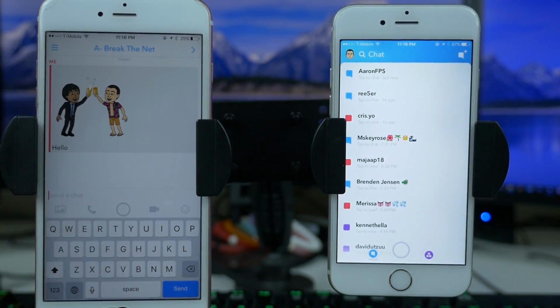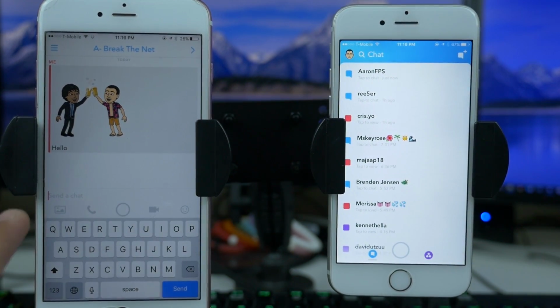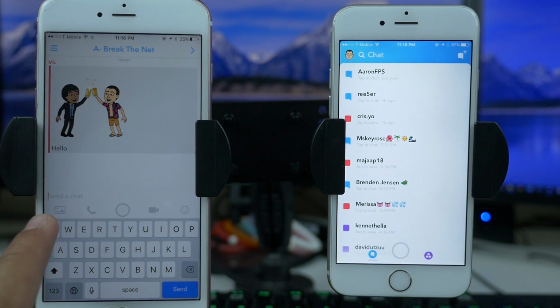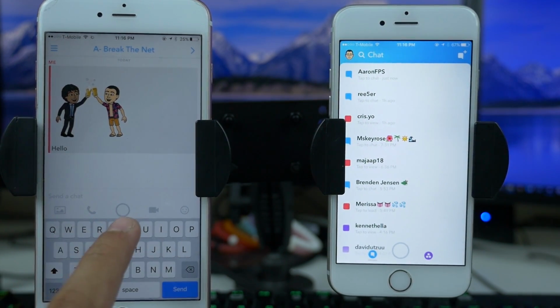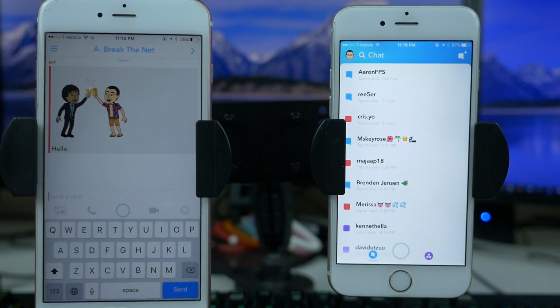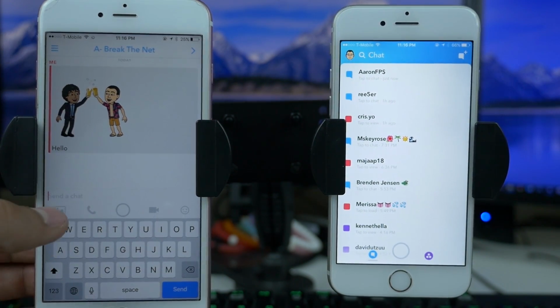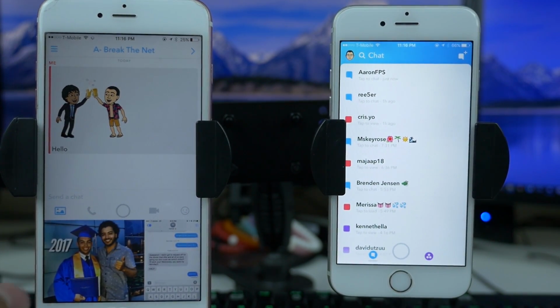So like I said, I can go ahead and send just that regular text, but we have a couple other buttons down here. The first one is our picture icon. The second one is our phone icon. We have our regular picture taking icon, our video icon, as well as our Bitmoji, stickers, emoji icon down there. So what I can now do here is I can, of course, send a regular text message just like that. I can click this button right down below, which is going to bring me to the pictures